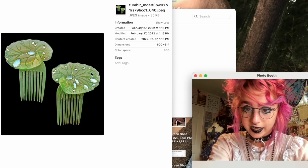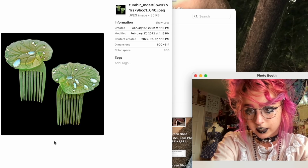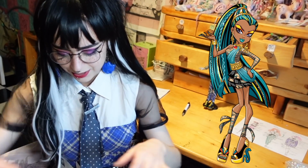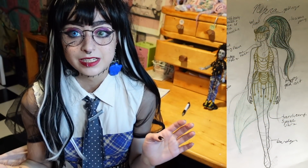But yeah, these I think would look gorgeous on many of the Monster High ghouls, but especially Lagoona. Okay, and then on to Nefera, Queen. Love her so much. Okay, so going fast, I'd want her to have like this huge luscious ponytail,